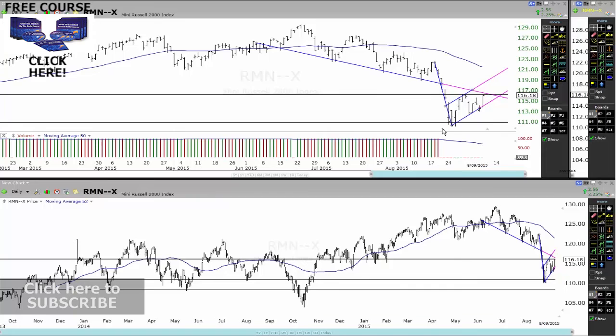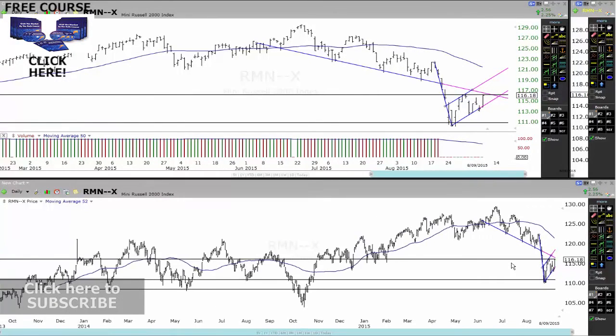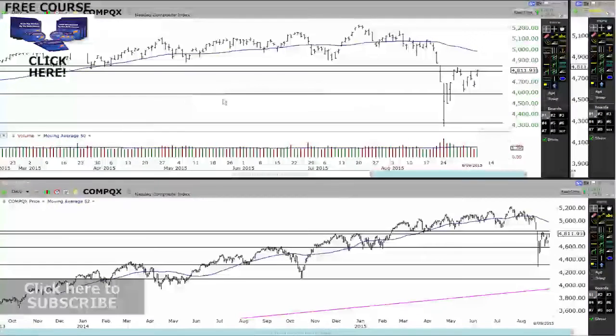So as you can see, we're still in this overall bear flag, and you can definitely see it on the daily chart as well. You can really see this on the daily chart. See the bear flag formation there, very clear. We're at this level of resistance, so I'm not buying the upside too much. I just don't see that there. But you just never know. But the bearishness is definitely in play,